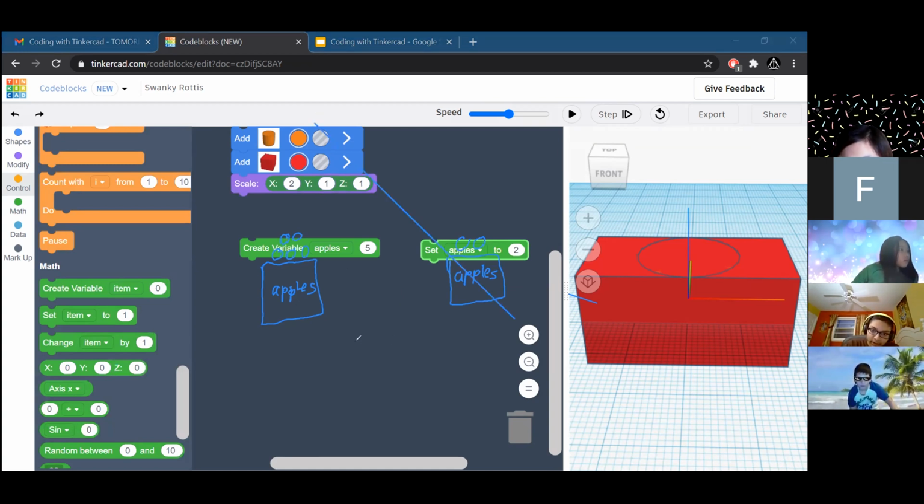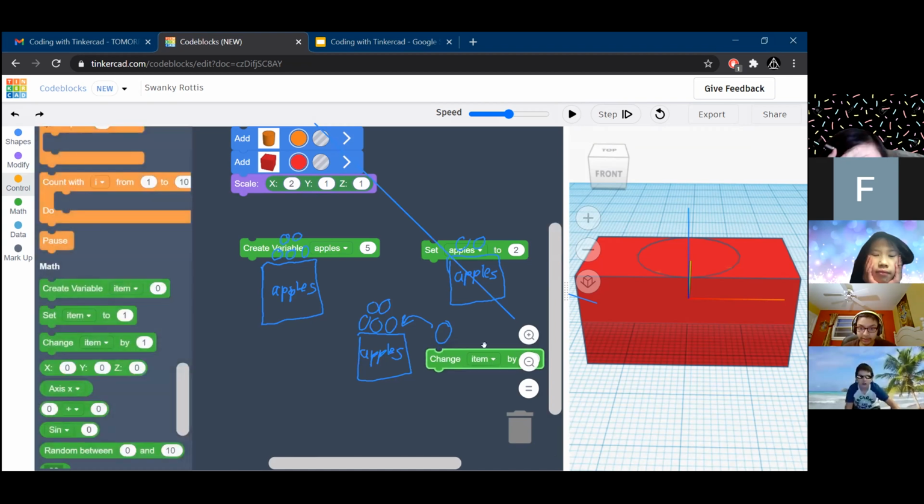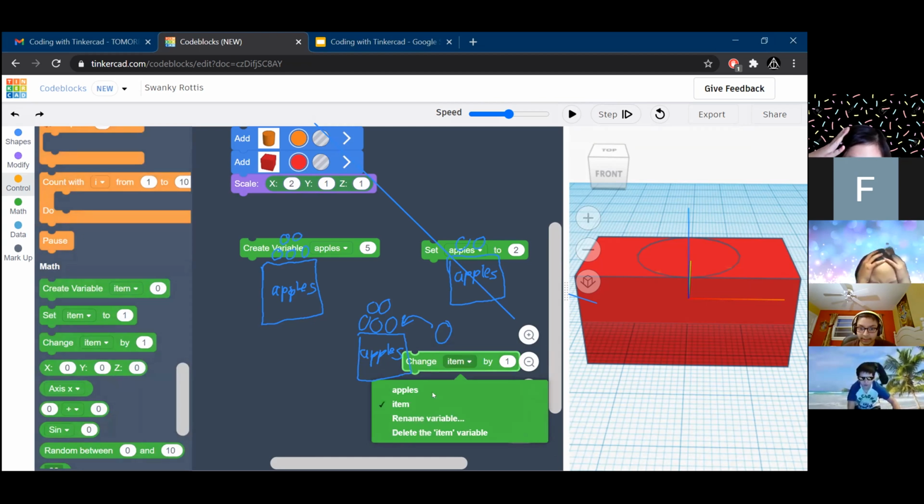I'm going to have this box called apples, and inside that box, I have, let's say, 5 apples. Let's say I want to add another apple to the box. To do that, we have this change item by command. It's going to be change item by 1, but it's going to be apples. It's going to change apples by 1.